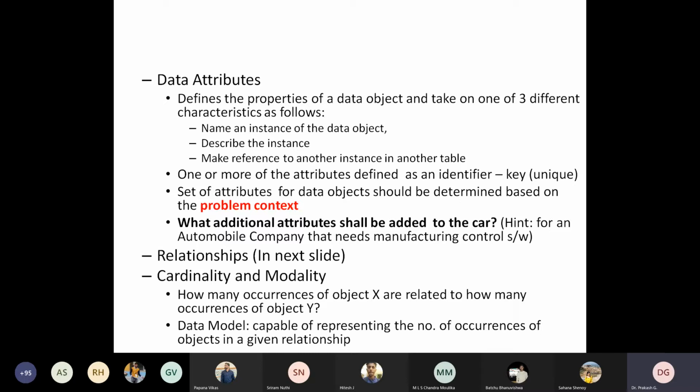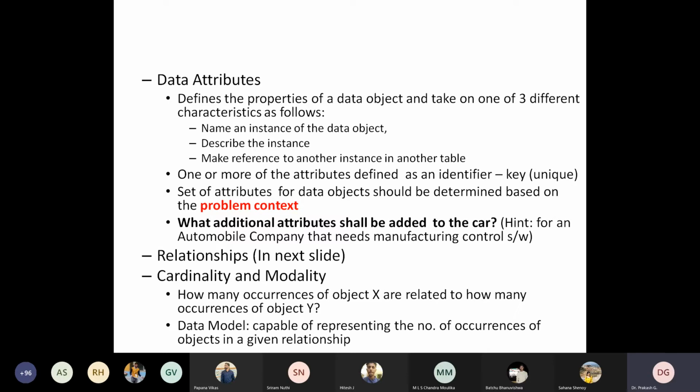So we have the car as a data object, but the attributes are different if the car is with a particular dealer, or if the car is with a company that manufactures the cars. There the entire problem is different and the additional attributes are also different. This is the thing you have to always consider. So the problem context is important for defining the data attributes.